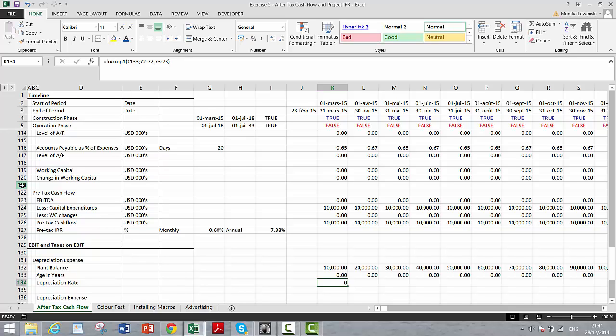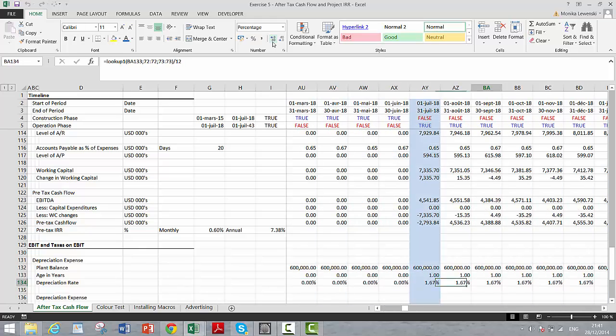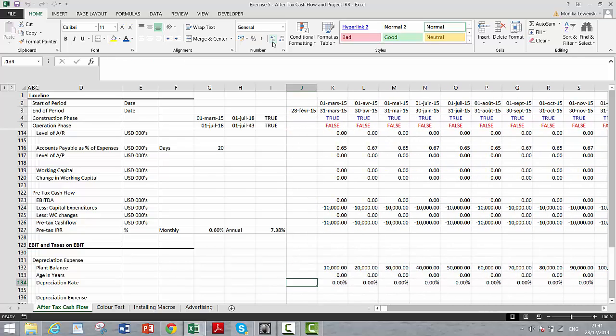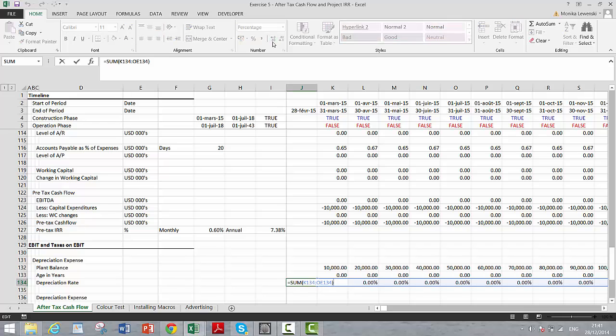Shift Control 5. Now remember, this is an annual rate, so we better divide it by 12 since there are always 12 months in the year. I hope you don't get angry at this. Some people could say so. And there's our monthly depreciation, and it's changing. And it's going to 0. And we should really, remember, we're almost reserving this. If we take a sum of all of the depreciation rate, that's equal to 1,